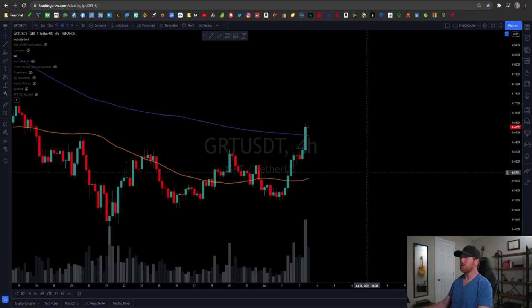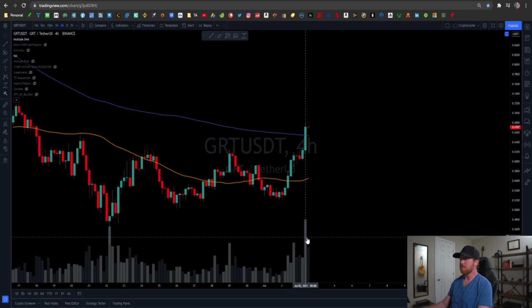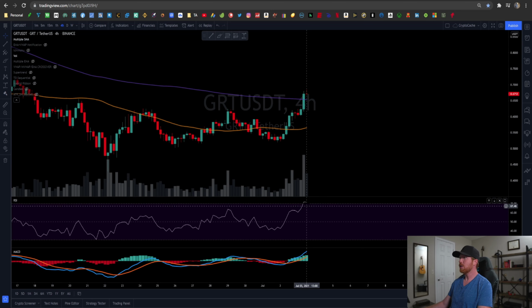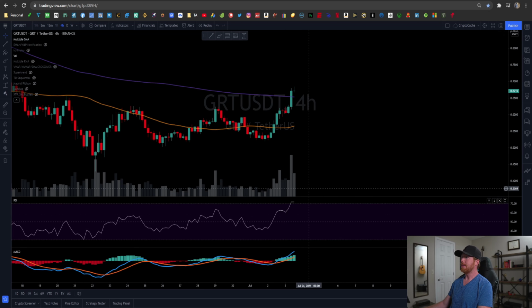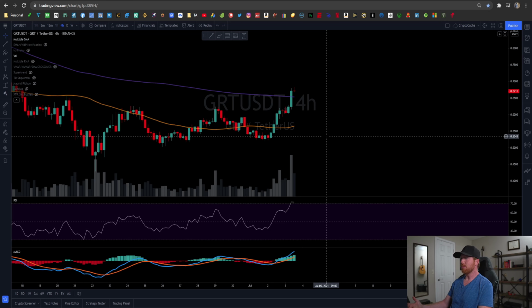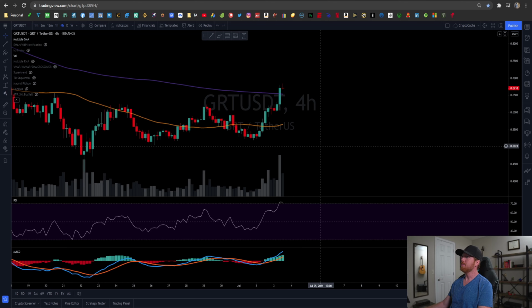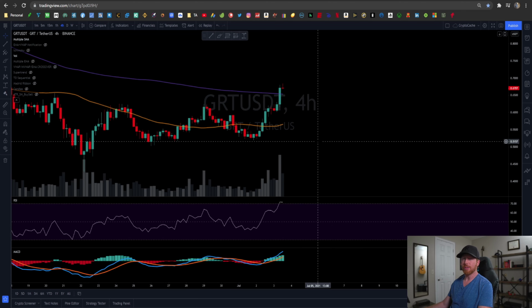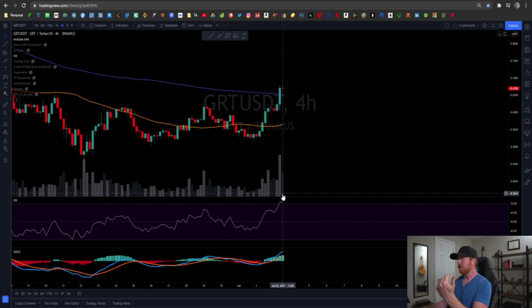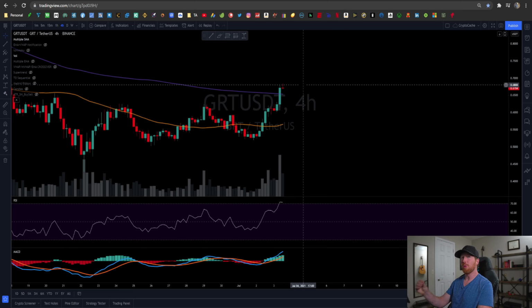So all good stuff here, and we also see an increase in volume as well. RSI is up over 70, nothing to concern ourselves with because it just broke. I try not to overreact when the price action gets up over 70 on the RSI. It just basically means you want to pay attention to it. Just kind of an indication that, oh, okay, it may come back down, but it will hopefully just continue, the RSI will slowly progress down, whereas the price will just go sideways for a little bit. More consolidation gives more room for growth for another bull run.